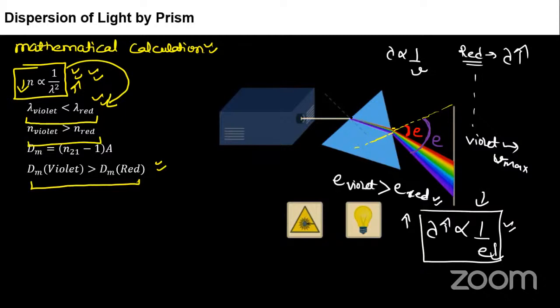How? Suppose, see, this is the incident direction and the violet will be like this. So this is the angle of deviation for violet. If I see the red, red will be extended. I have to make a rough diagram. Red will be extended like this back. So for this, the angle of deviation is less. Also, via this mathematical equation, you can see the angle of deviation is greater for the violet. Okay.